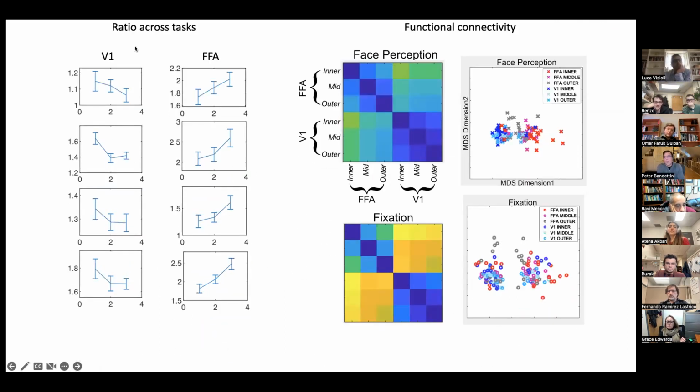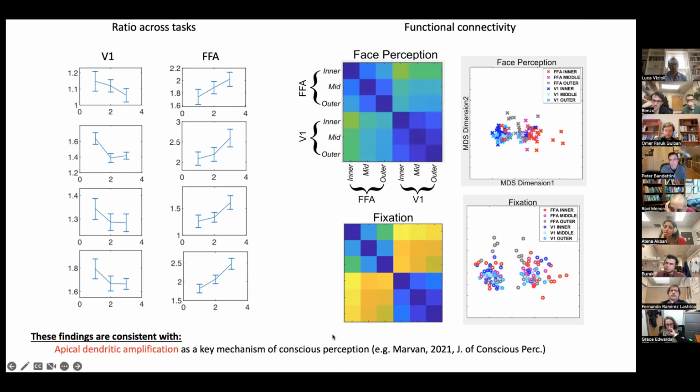So taking together these results, we've got our amplitude results and our ratio results, which indicate that our task modulations are most pronounced in inner layers of V1 and outer layers of FFA. And then we've got our functional connectivity computed independently per task, which shows that connectivity increases during the phase perception task compared to the fixation task, specifically for the inner layers in V1 and outer layers in FFA. And so these data are consistent with the idea of apical dendritic amplification as a key mechanism